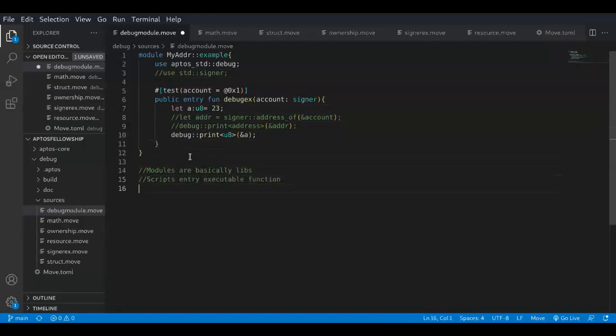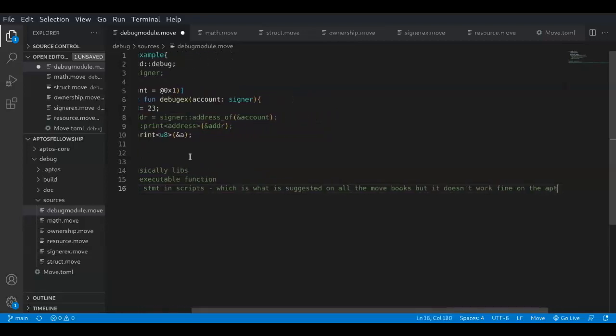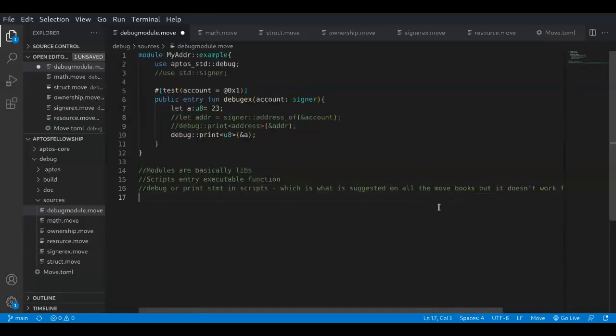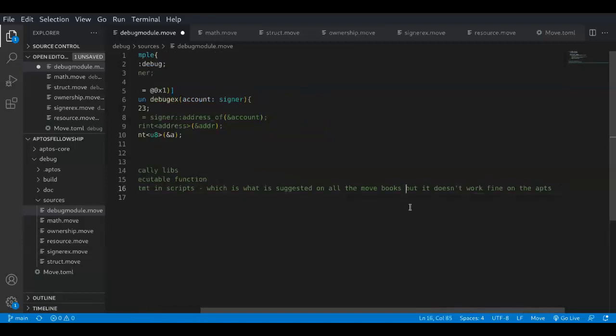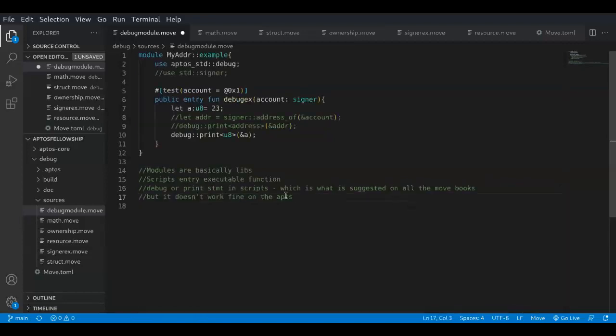So what you were trying to do was write our debug or print statements in scripts, which is what is suggested in all the Move books as well, but it doesn't work fine on the Aptos side. It might be working fine when you're talking about the normal Move language, but it doesn't work fine on the Aptos side of things. So what we are doing now is that we are